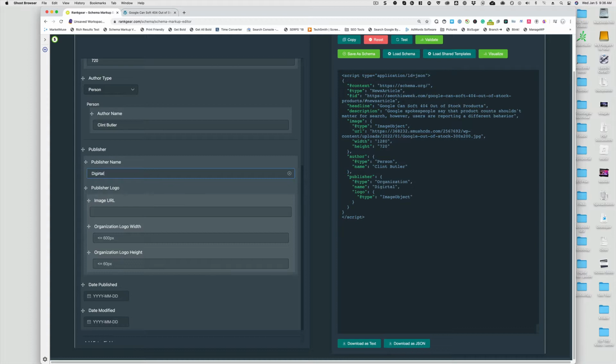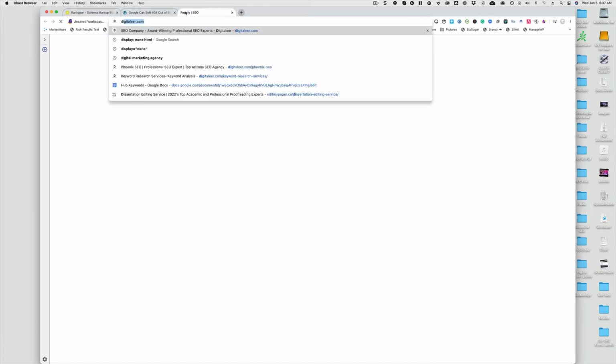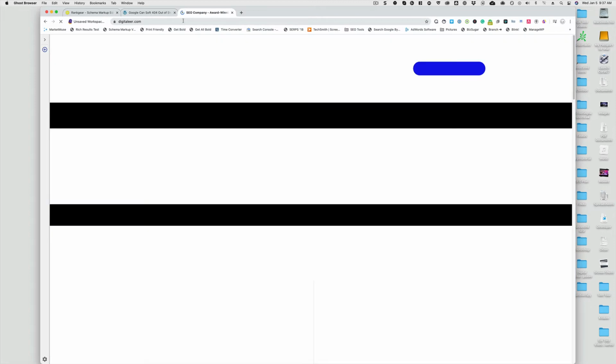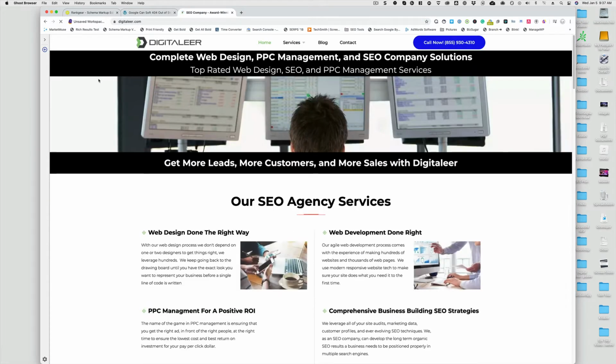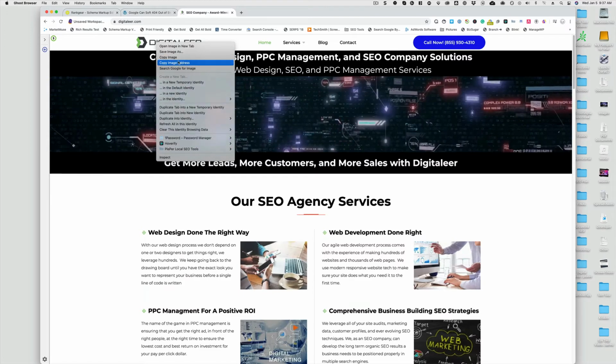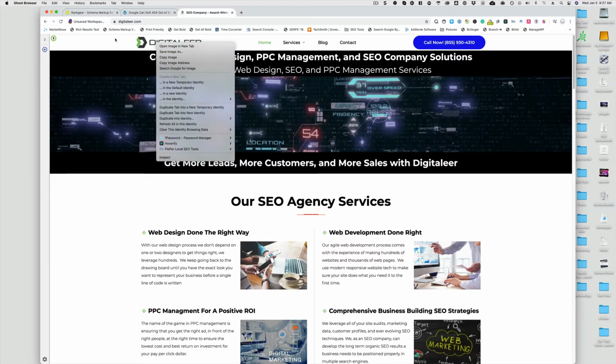So Digitalear LLC. And then I would actually go into digitalear.com and pull out the logo for that. So this is the company that is publishing this content. And you can do that